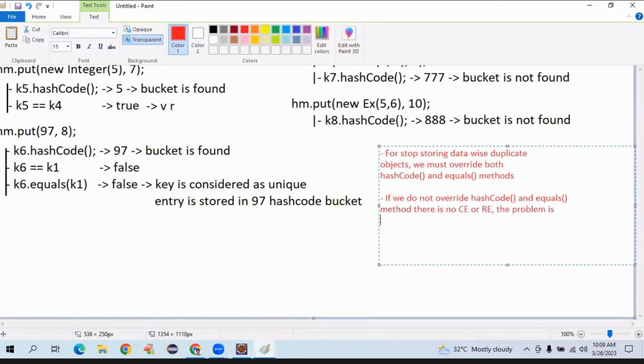The problem is we cannot stop data-wise duplicate objects from being stored, and later the stored objects are not found either for retrieving or for removing with a new referenced object, even though